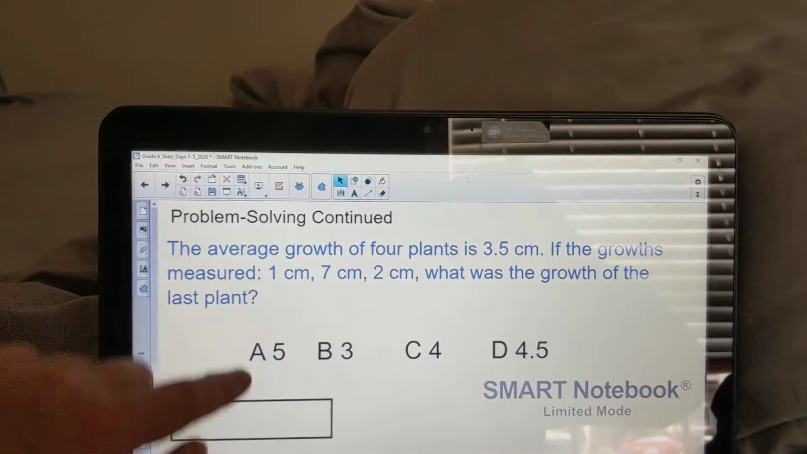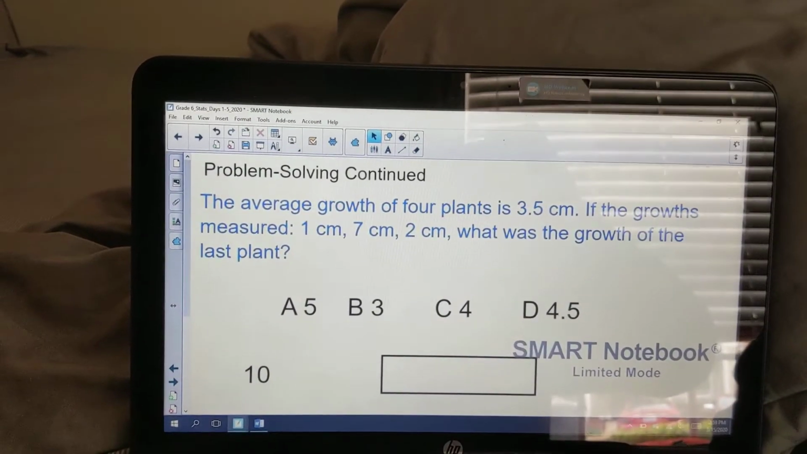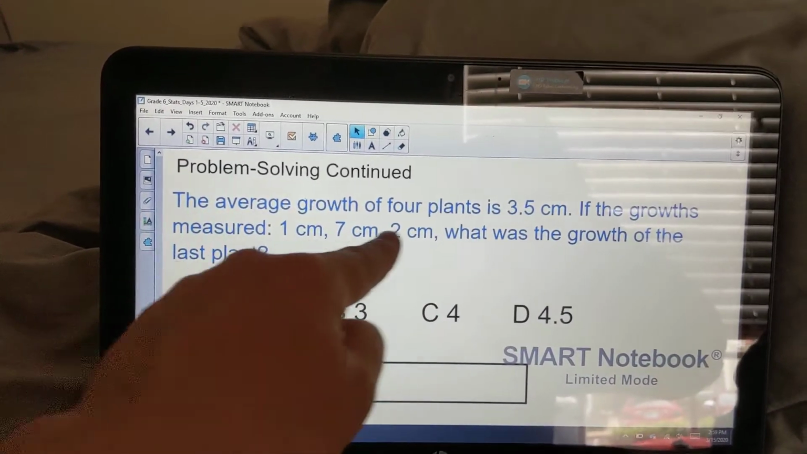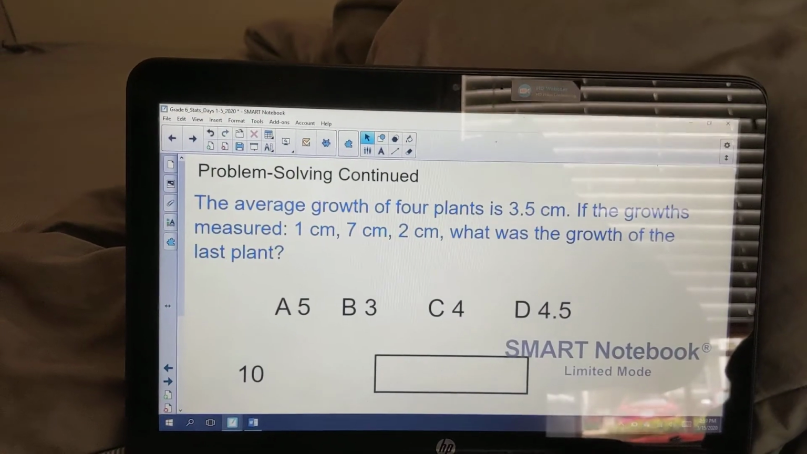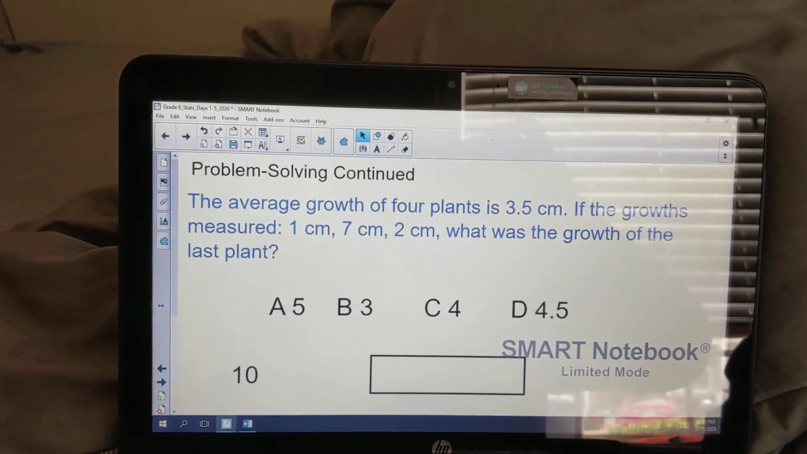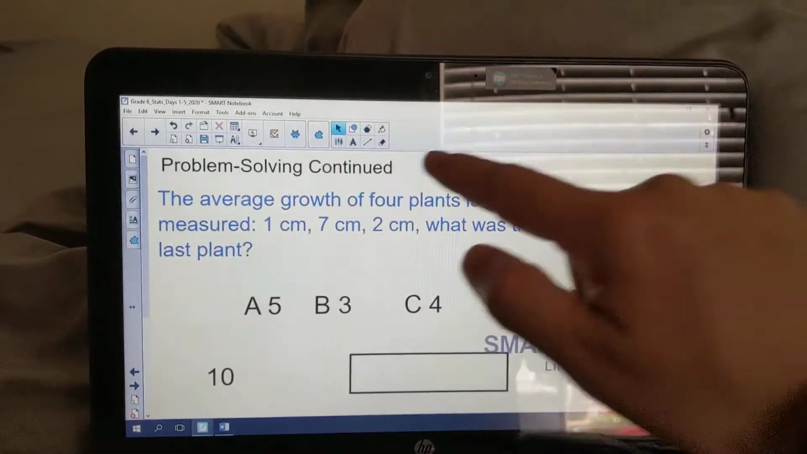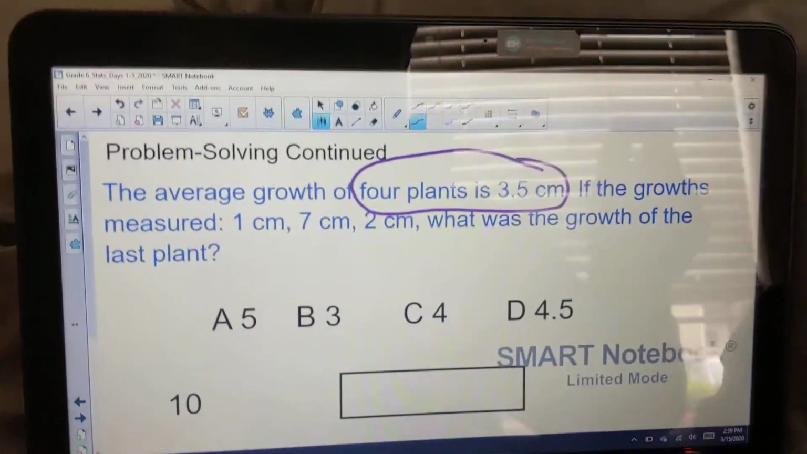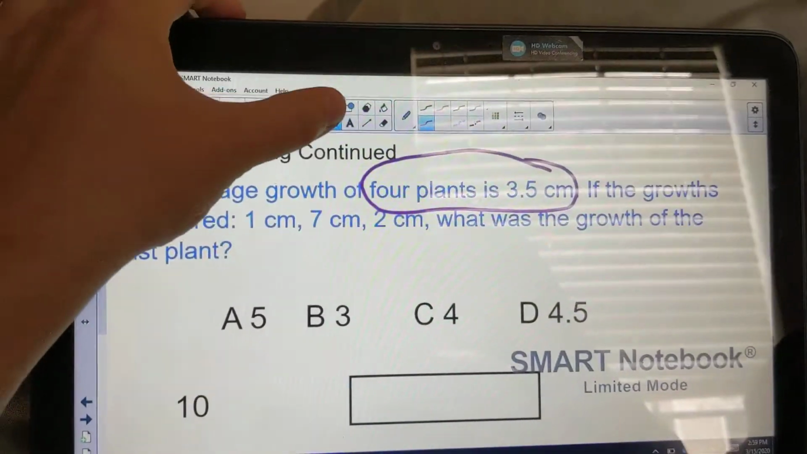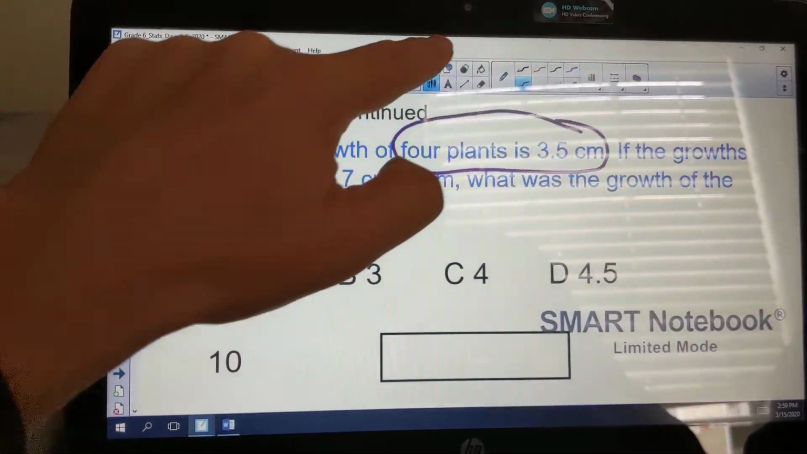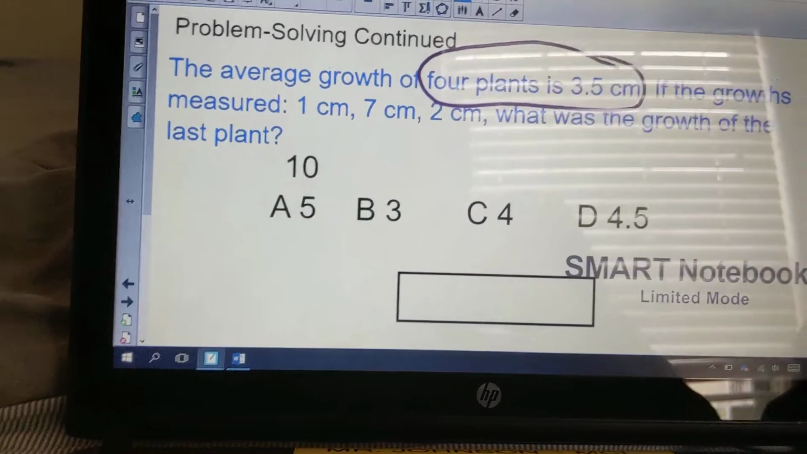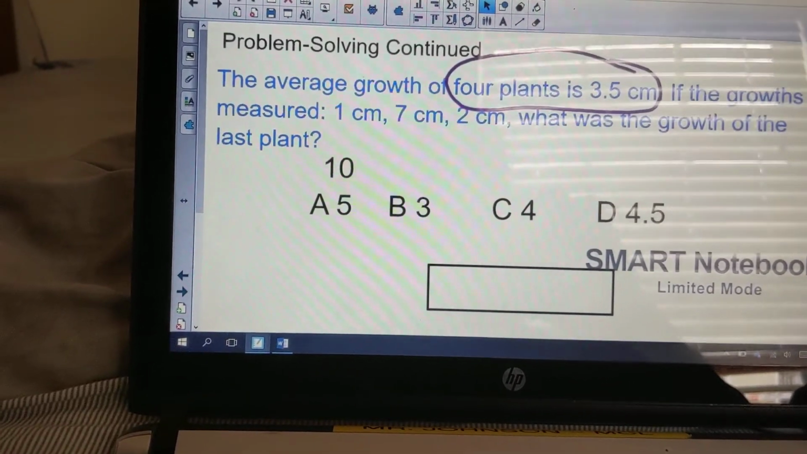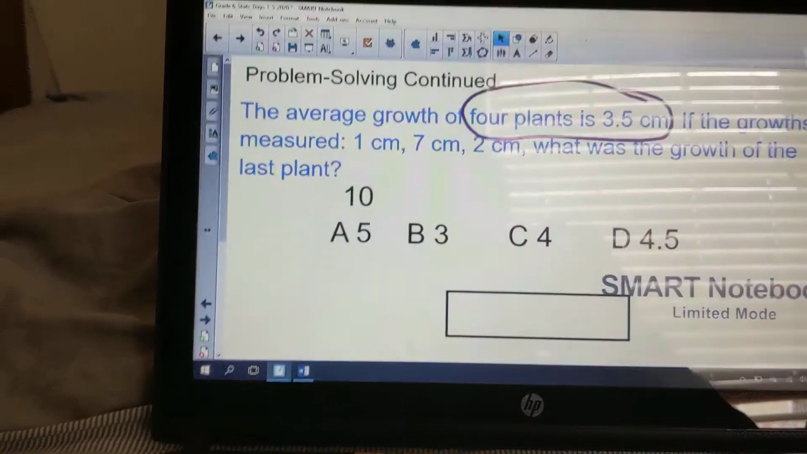Okay, so here's what we know. We know that the plants, after these 3, grew a total of 10 centimeters. We know the total average growth of 4 plants is 3.5. So we are going to apply the same strategy here. We know that the first 3 plants grew 10 centimeters. So when we do 10 plus 5, that's 15. If we divide that by 4, that gives us